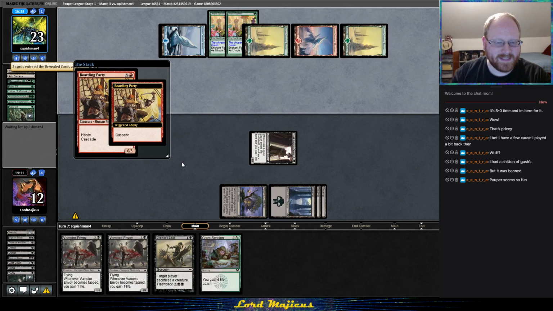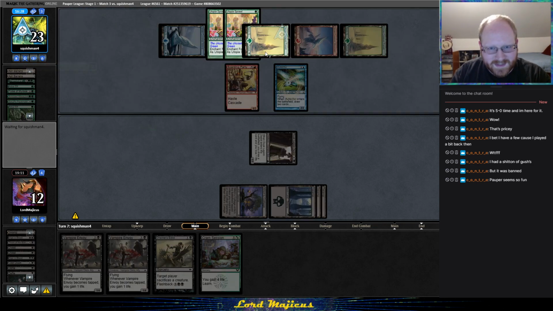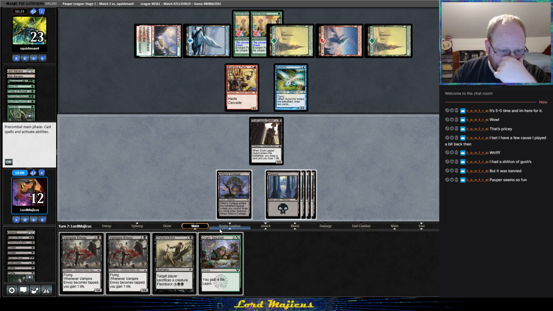Come on, piss off! How did you top deck this? This is ridiculous. And of course, it goes into the Muldrifter. Ah, all right. This definitely should have attacked. If I cast the Edict right now, they're just gonna throw away the Muldrifter, which is not great, but